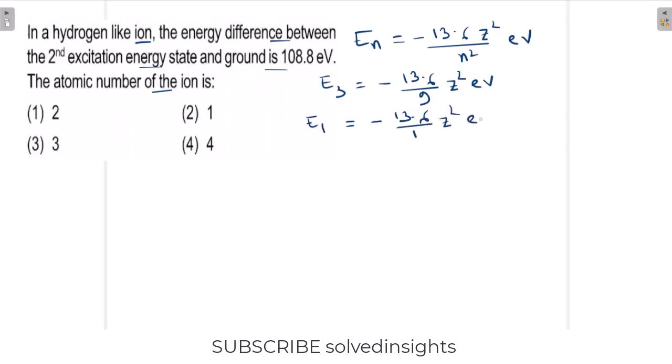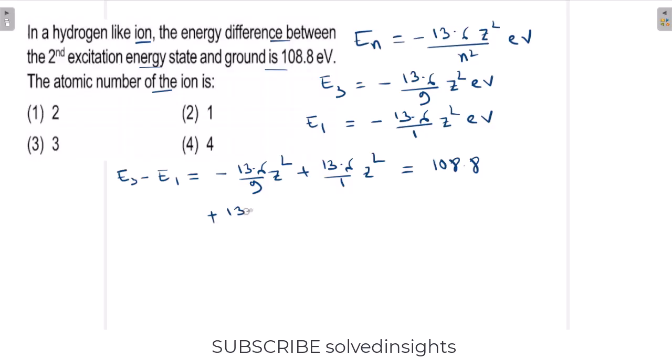electron volt. Now the difference of energy is given as 108.8, that is E3 minus E1. So E3 minus E1 is equal to minus 13.6 by 9 Z square, minus of minus, that is plus 13.6 by 1 Z square. Now this is given as 108.8 electron volt. So if we take 13.6 Z square as common, then it becomes 1 minus 1 by 9 is equal to 108.8,